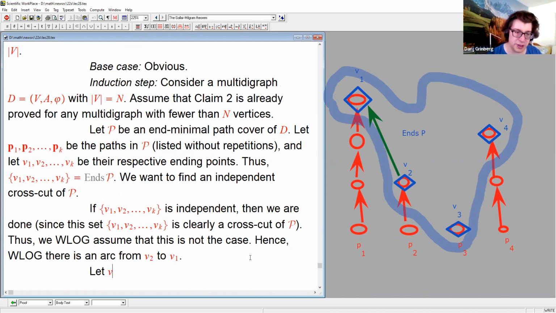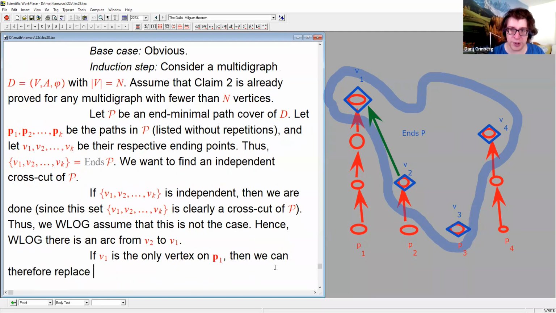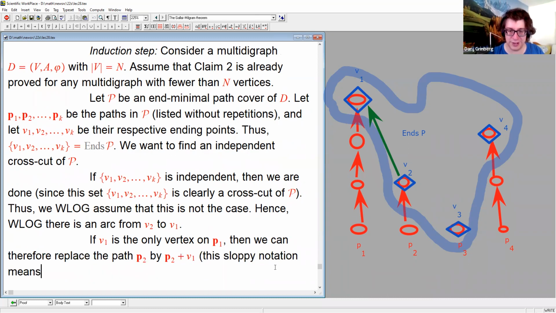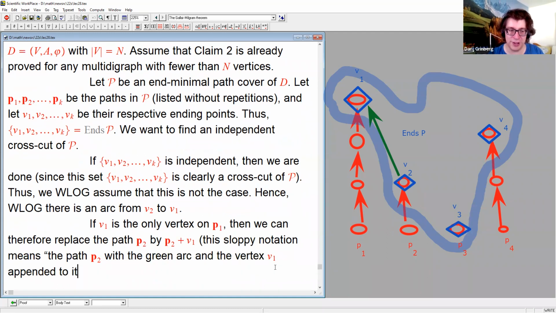So first of all, if V1 is the only vertex on P1, so P1 is like P3, it would be a length 0 path. Then we can therefore replace the path P2 by P2 plus V1. So this sloppy notation means the path P2 with the green arc and the vertex V1 appended to it at the end. So basically you take P2 and you continue towards V1